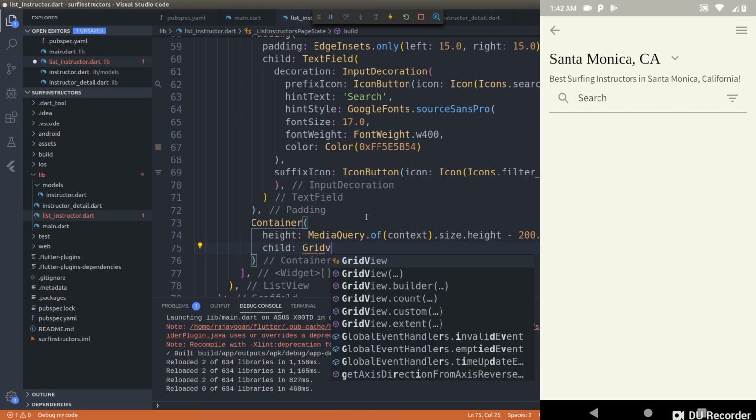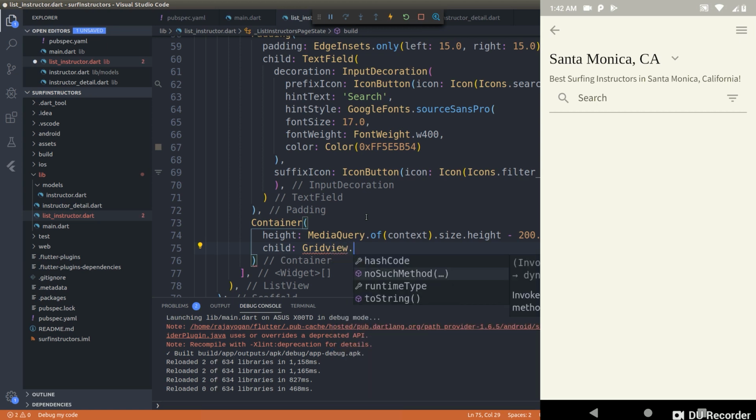Now that I think about it, there is GridView builder, count, custom and extent. We have used custom, builder and count, all these three. Extent I haven't shown you in any of the videos. Even builder I don't remember. Custom and count I remember showing in my videos. Anyway, if you look at my previous videos, I've talked about grid view a lot, guys. Okay, let's just make use of count here. GridView.count